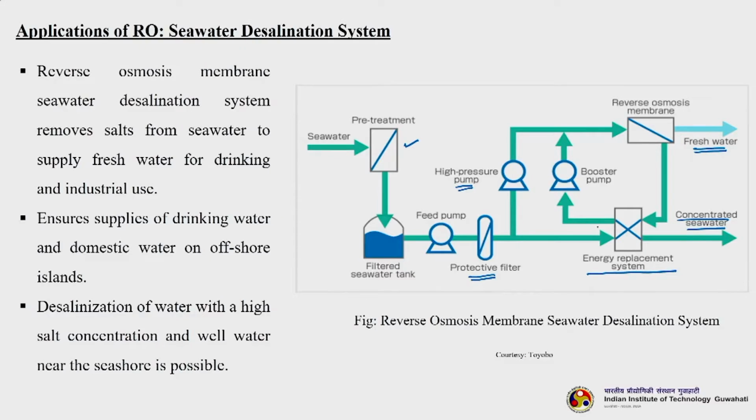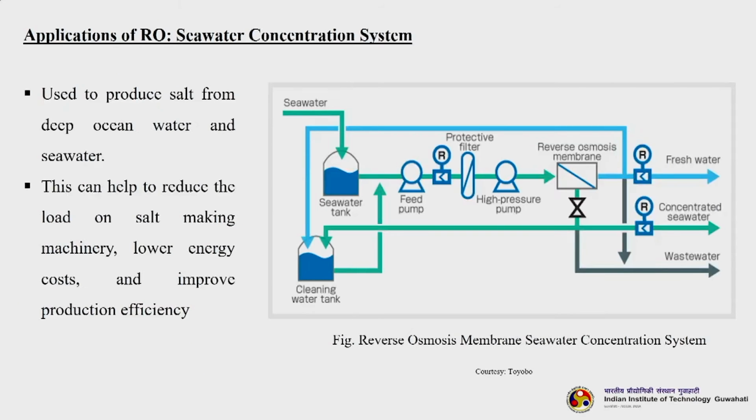Right. So, part of that can again be recycled back to the RO system, because kindly note that this is a continuous system. So, you have to maintain the amount of the feed you are feeding, and if you maintain the concentration also, then you can run the system for more time, okay, and you finally get your concentrated seawater here, which can be rejected. The next application is actually again taken from Toibo.